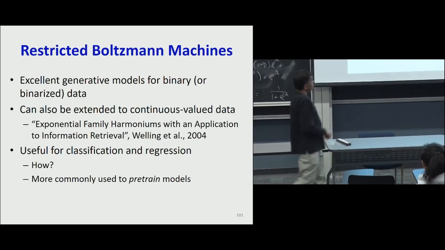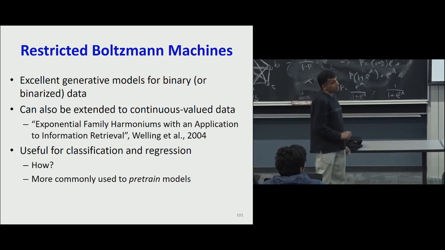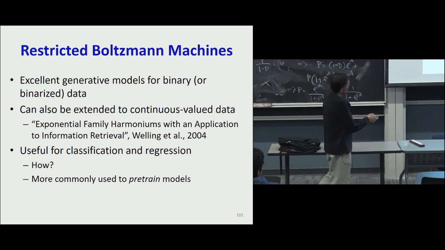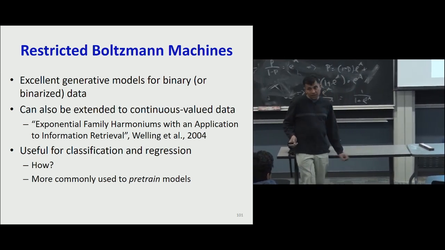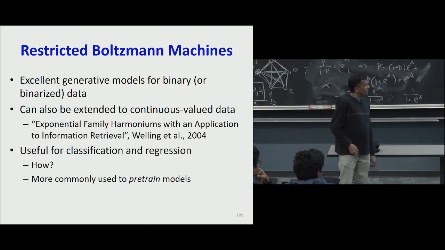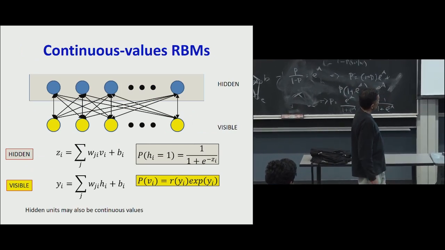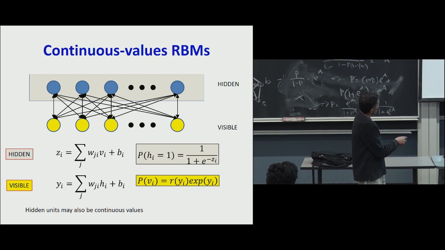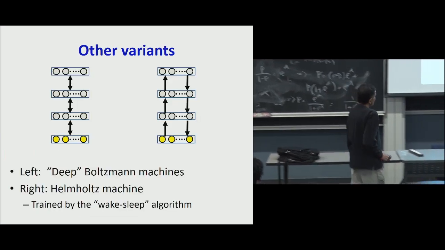So restricted Boltzmann machines are excellent generative models for binary or binarized data. They can also be extended for continuous valued data. There's this very nice paper by Welling et al. in 2004. It's useful for classification, as we saw. It's useful for regression, and it's most commonly used to pre-train models. There are other variants called deep Boltzmann machines,